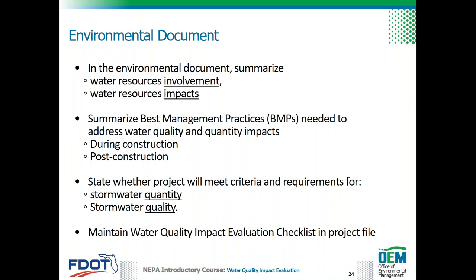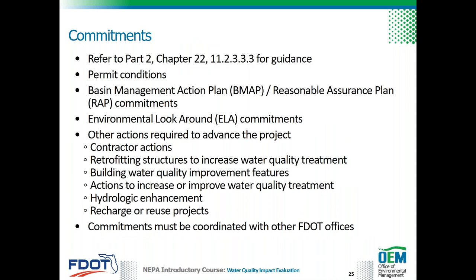More information based on the type of environmental document can be found in Part 2, Chapter 11 of the PD&E Manual. The PD&E Manual, Part 2, Chapter 22, contains additional guidance on commitments. Commitments may be derived from a number of sources, such as permit conditions, BMAP or RAP commitments, and the environmental look-around process. Commitments may also include other actions